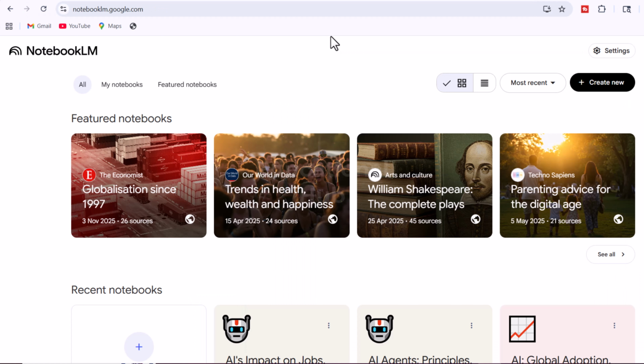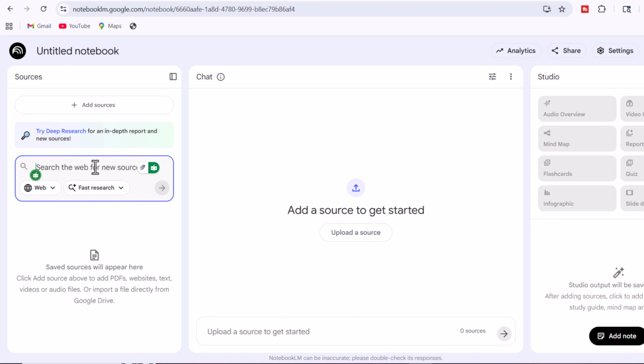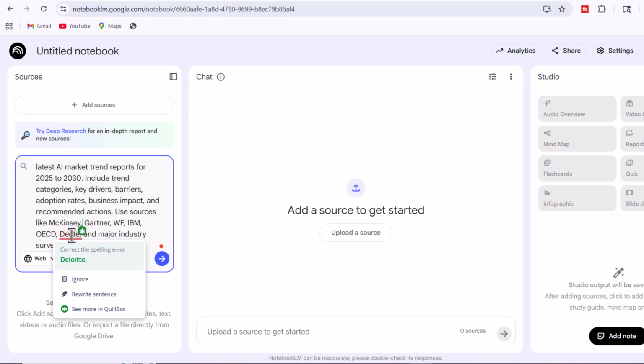So, for our fourth use case, we will create an interactive strategy board that brings together the major AI market trends for 2025 to 2030. And this workflow is ideal when you want something more dynamic than a static chart, especially for strategy work or market analysis. Again, we'll start by opening a new notebook in NotebookLM, then use Fast Research to find our sources,